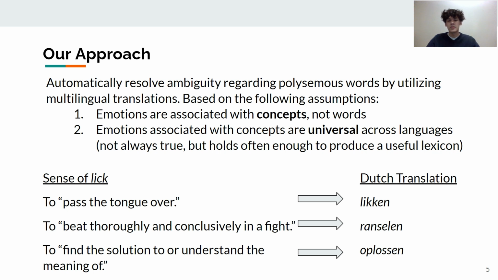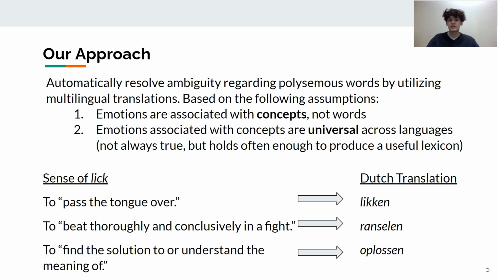So the sense of lick, meaning to pass the tongue over, is associated with the emotion of disgust, not only in English, but also in Chinese and Polish and Igbo and all other languages. Now, we recognize that this assumption is not always true, and there exist counterexamples to it. However, we find that it holds quite often, and it holds consistently enough that we are able to produce a